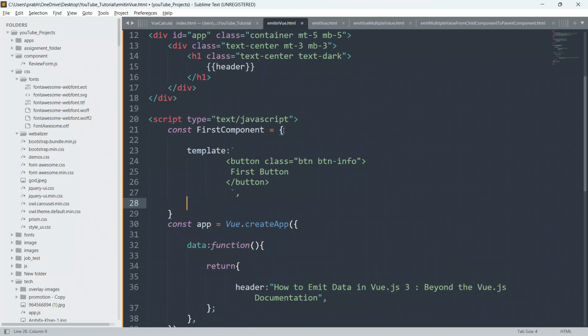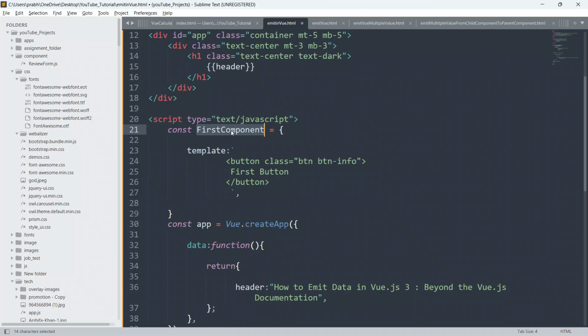Every component you create inside Vue.js can have its own method, its own computed method, its own lifecycle hook, its own watcher, its own template, its own object. So always remember, each separate component inside Vue.js 3 can have its own methods, its own template, its own lifecycle hook, its own computed method.